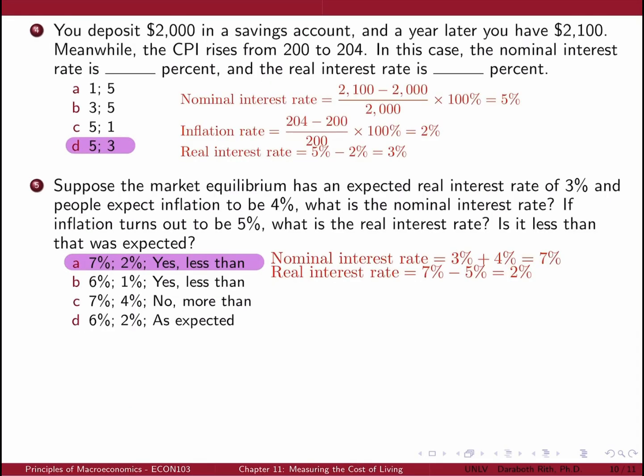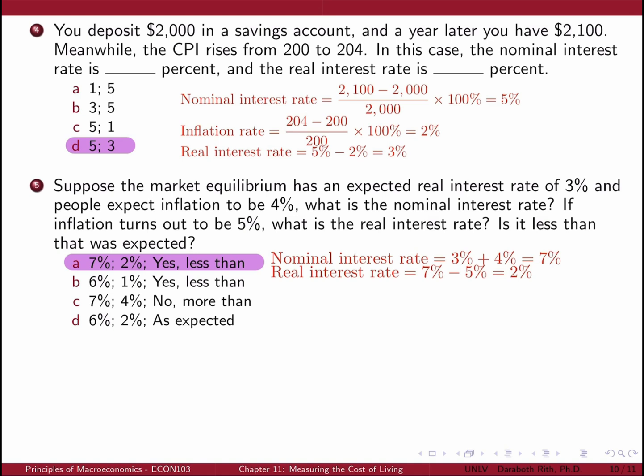Question number 4. You deposit $2,000 in a savings account and a year later you have $2,100. Meanwhile, the CPI rises from 200 to 204. In this case, the nominal interest rate is what percent and the real interest rate is what percent? The nominal interest rate is calculated as the percentage change in the amount, 2,100 minus 2,000 divided by 2,000 times 100%, which equals 5%. To find the real interest rate, we first calculate the inflation rate, 204 minus 200 divided